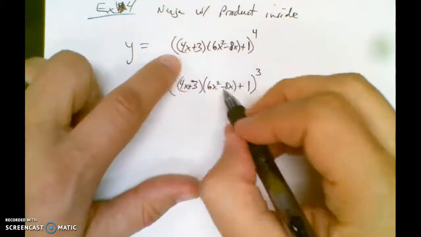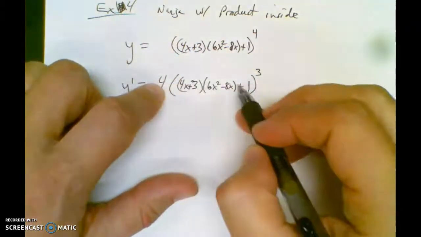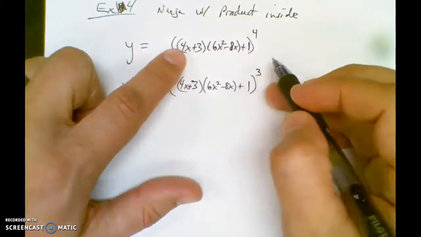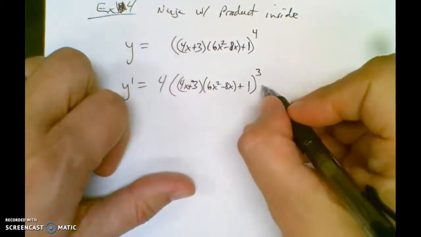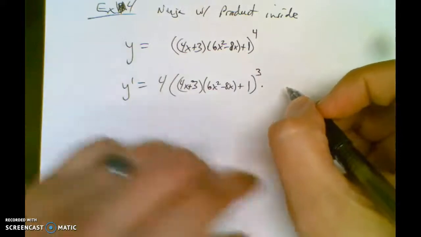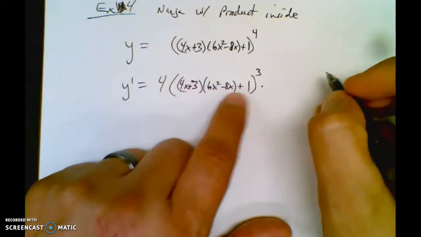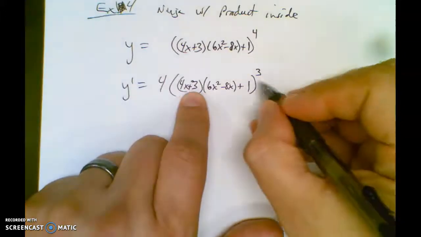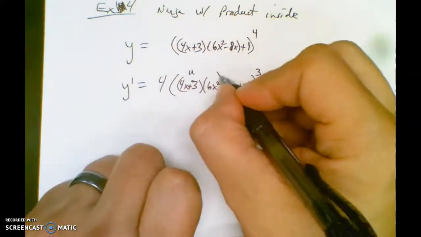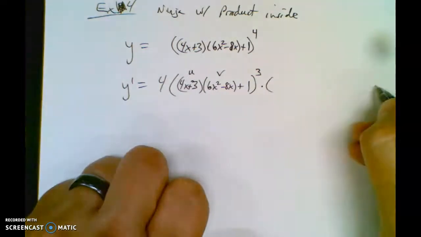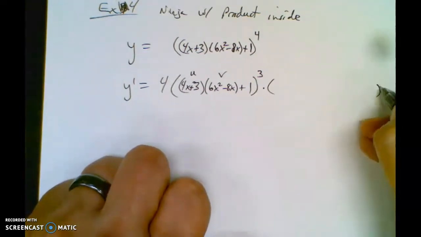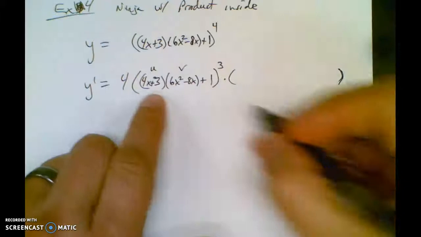So 4 times this thing to the third. Notice I didn't change anything inside. And then times the derivative of what's inside. So when you go to take the derivative of what's inside, that's not bad. And that goes away. It's a 0. This thing is bad because you're like, oh, no, this is u, and this is v. Holy cow, that's going to be ugly. Right? But that happens sometimes. You got the derivative of the inside. So you got